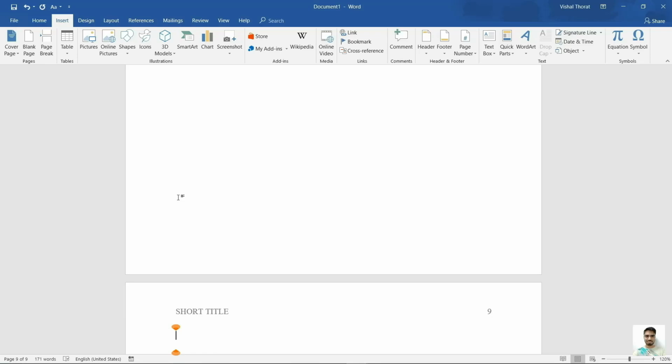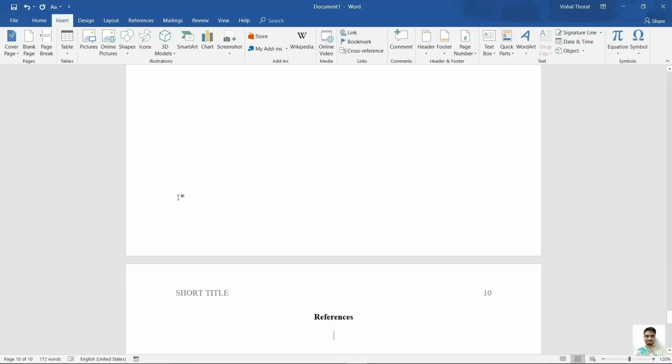Now you need to put in a reference section on page 10. Center align, select bold to type references in title case. Press enter, left align, deselect bold.